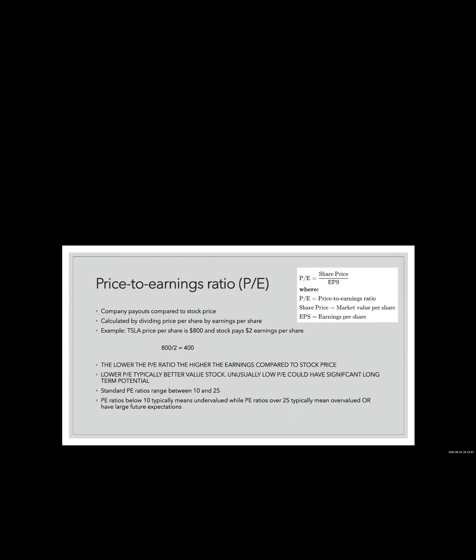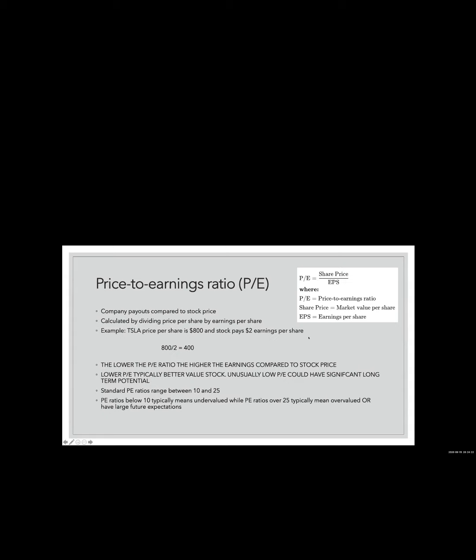Unusually low PE could have significant long-term potential. Standard PE ratios range between 10 and 25. So most of the time, when you calculate a PE ratio, it's going to be between 10 and 25. That's the standard. However, let's say in a time like coronavirus, in March and April, when the stocks all crashed,